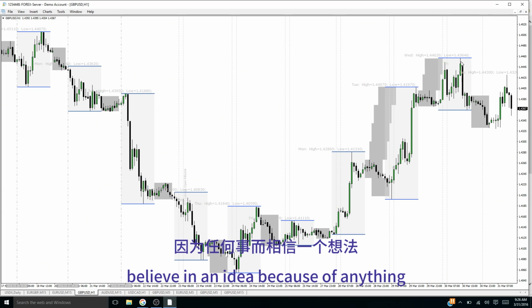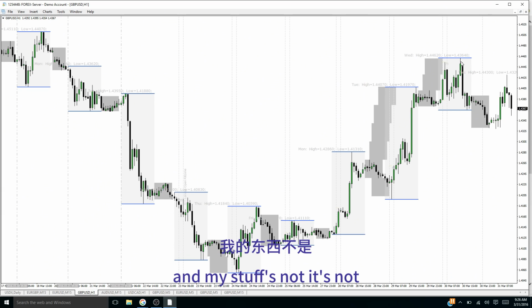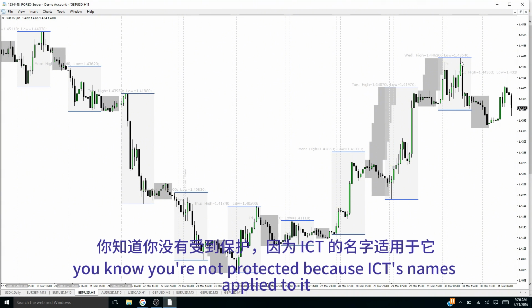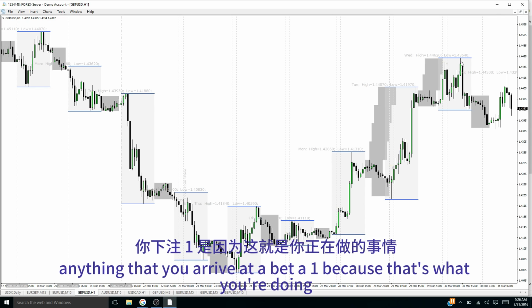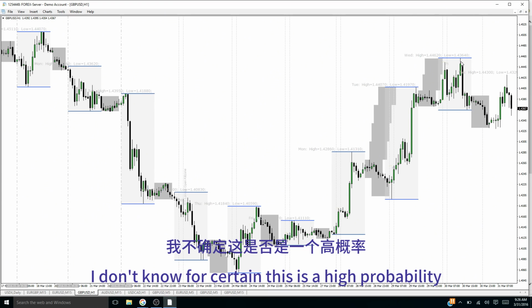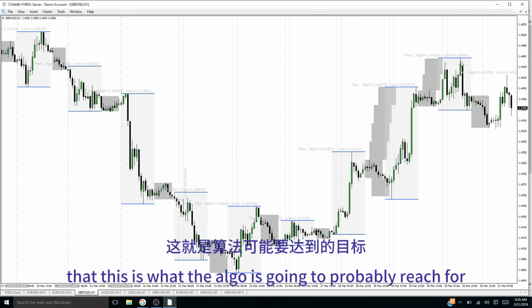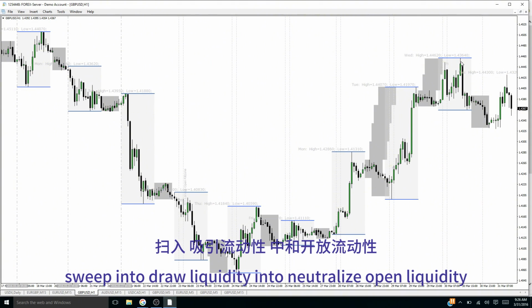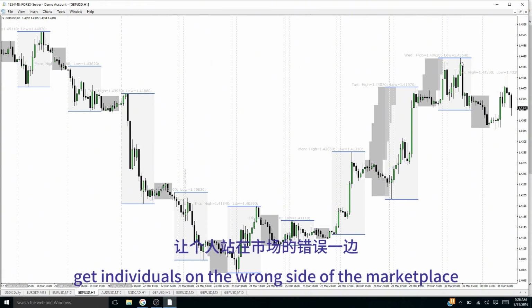Don't believe in an idea because of anything. And my stuff's not, it's not. You know, you're not protected because ICT's name is applied to it. Anything that you arrive at is a bet, because that's what you're doing. You're betting. You don't know for certain this is going to happen. I don't know for certain. It's just a high probability that this is what the algo is going to probably reach for, sweep into, draw liquidity into,